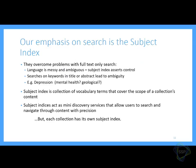So we really favor the use of the subject index in terms of retrieving content. It's a collection of terms that cover the scope of a collection's content. So think of it as a web that enshrines basically all of the scope of the content. And you can use this web to pick into various portions of it. And subject indexes act as sort of mini discovery services that allow the user to navigate. But